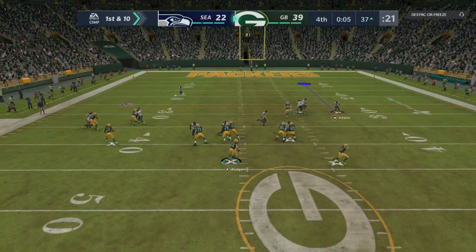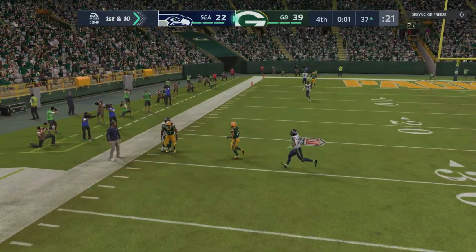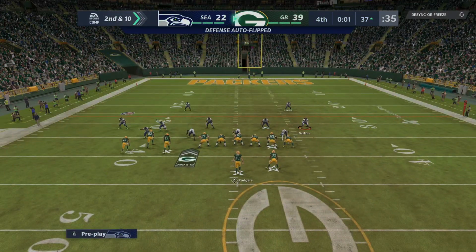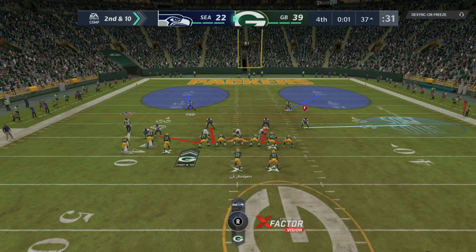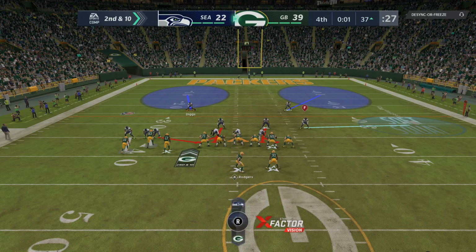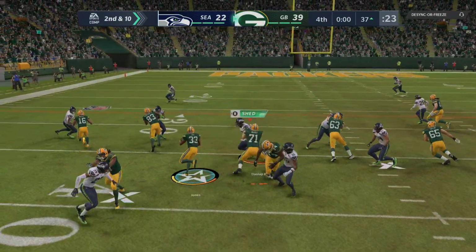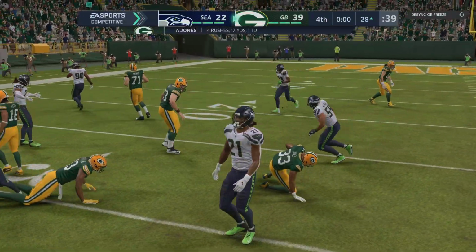Rodgers looking to throw. And this will be incomplete. 1 second left to go. Line of scrimmage, again the 37 as they line up 2nd and 10. Out of the shotgun, it's Jones. And they'll get 8 out of this before being stopped at the